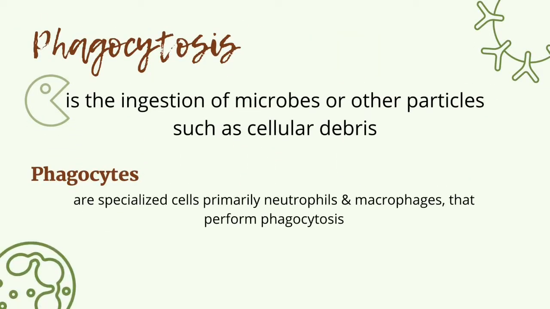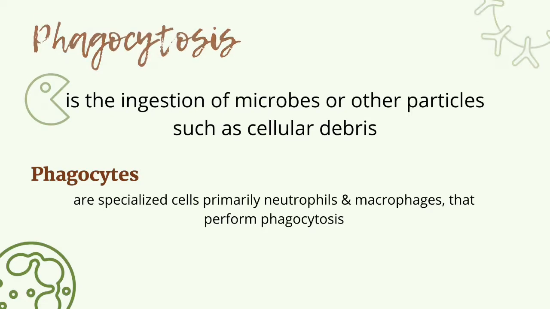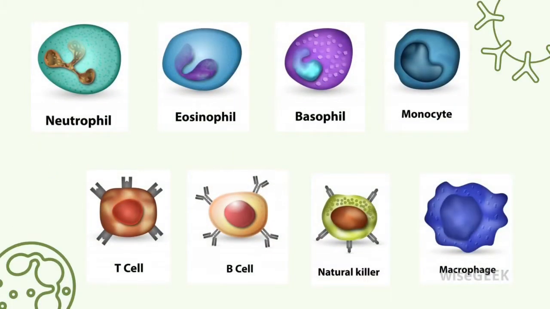Before we start with phagocytic dysfunction, let us have a short recap on what phagocytosis is. Phagocytosis is the ingestion of microbes or other particles such as cellular debris. Phagocytes, on the other hand, are specialized cells, primarily neutrophils and macrophages, that perform phagocytosis. Shown in the pictures are phagocytes that protect the body by ingesting harmful foreign particles, bacteria, and dead or dying